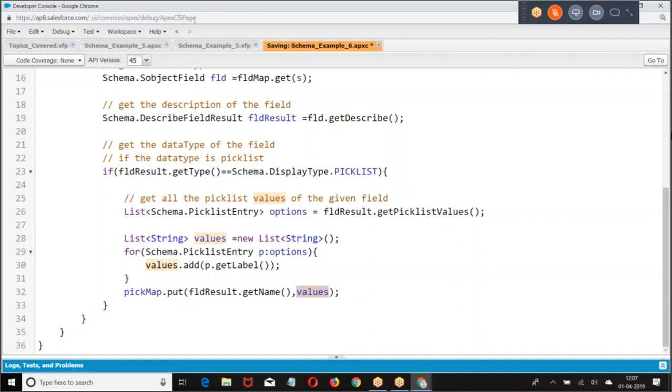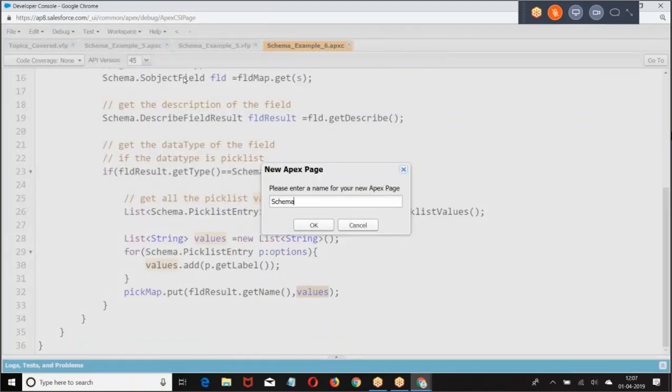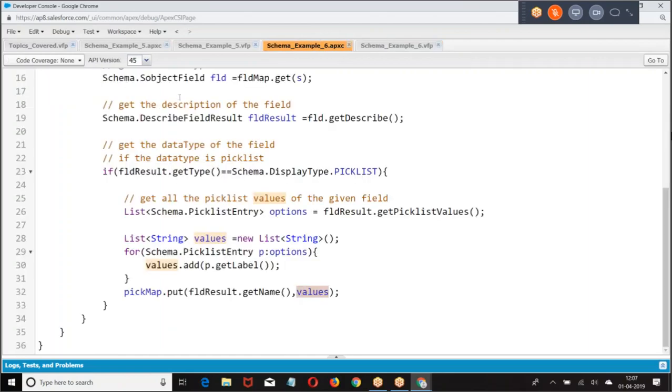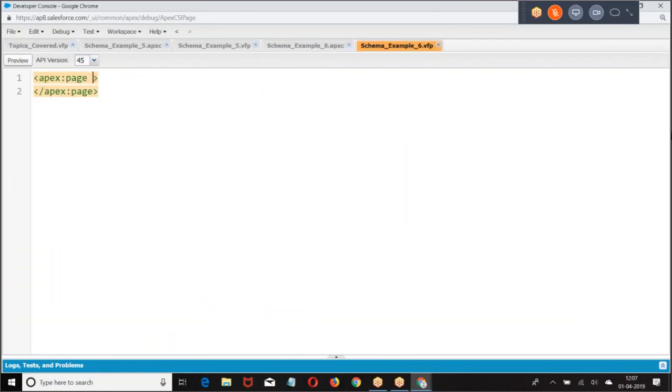First, let me show the output. I'll come back again to the same program. If you want to build any product level development, schema is very important. If you're building a product level implementation, this is important. Service level, you don't get a choice to work. But when you're going for product level development, then this is going to be very helpful to you.